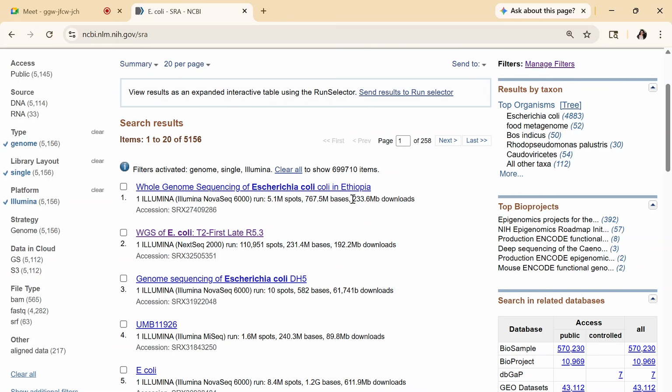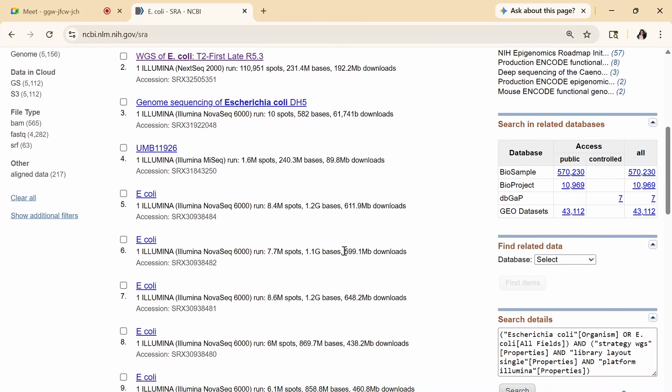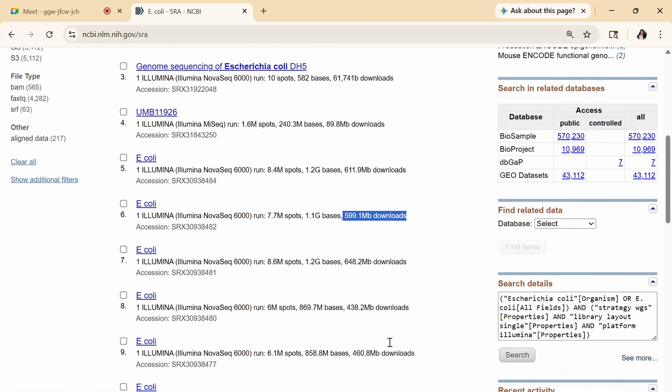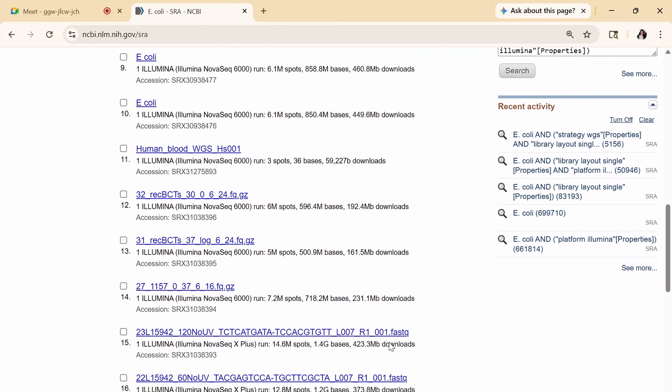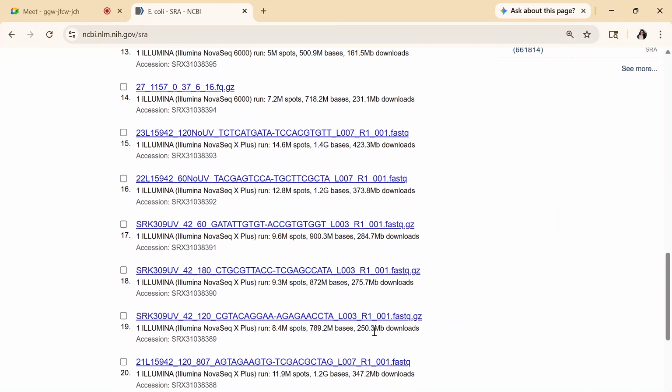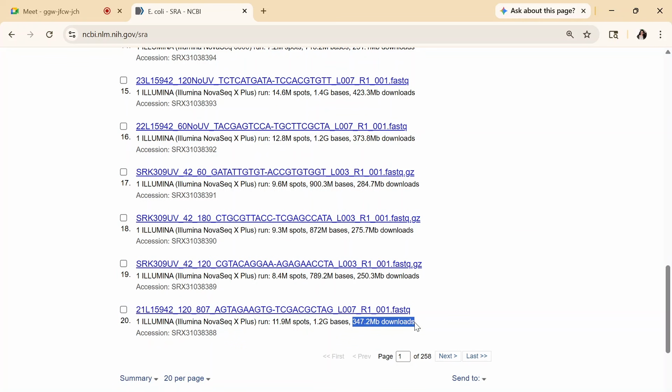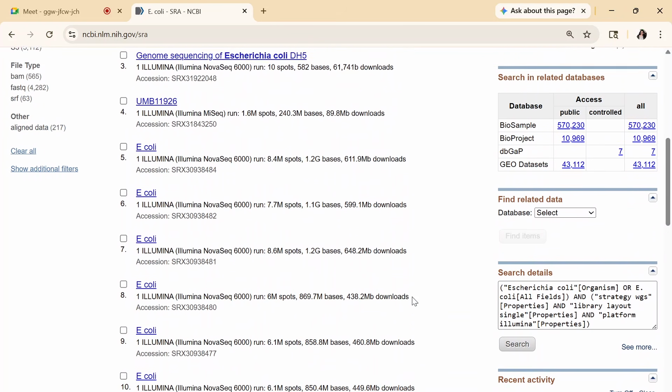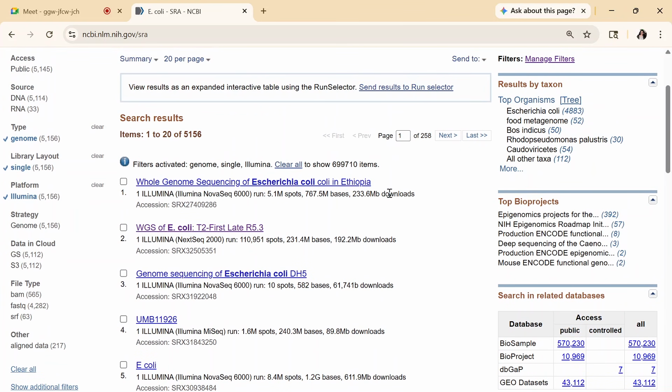So first of all, let's see the download size. This is the first data that we are seeing. Its download file size is 233 MB. Its size is 192 MB. Its size is 89 MB. If we scroll down, its size is 559 MB. So the files are very small in size. These files can even go up to 2 GB or 10 GB as well. Here we are seeing some very small files. As we can see that the file size is very low, it means we can select any file we like, right? But here we have to look for something else as well.